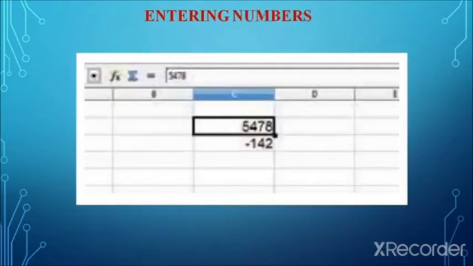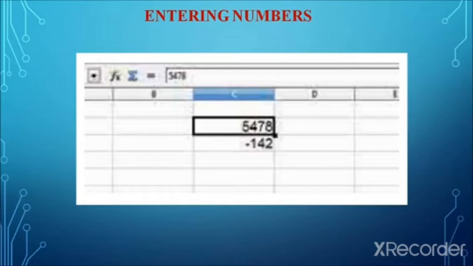First we see about entering numbers. Any number that we enter in the spreadsheet, automatically the cell will align it to the right side within the cell. So you can see in the image, the number typed is aligned right side within the cell. That is the number alignment. Whenever you want to use negative numbers, we can use the minus sign before the number. That also will be considered as a number and it will be aligned at the right side. So this is how the alignment happens when we enter numbers.